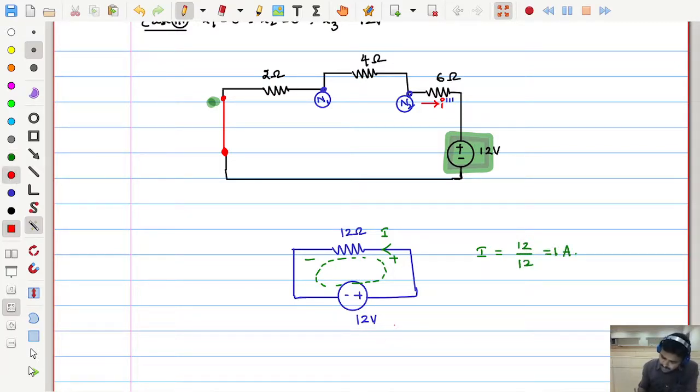But what we need is the current in the opposite direction. Try to see, this current I triple dash is in which direction? Sorry, this is in counterclockwise direction. Here the actual current is in clockwise direction, but they asked for the counterclockwise direction current. Now can you tell me how much is I triple dash? It is simply negative of the clockwise direction current, which we already found as I. So I can say this is minus 1 ampere.